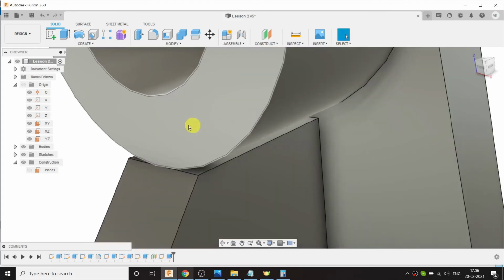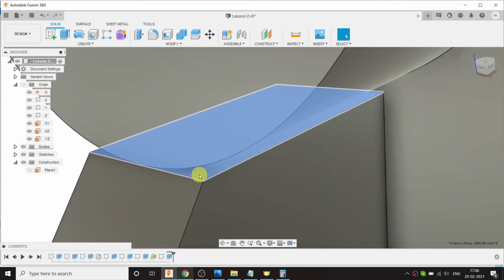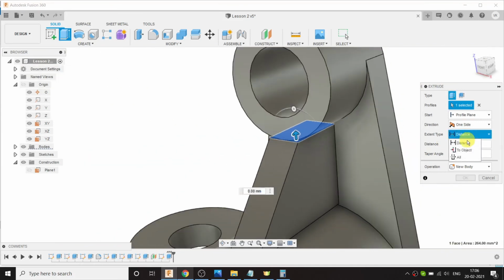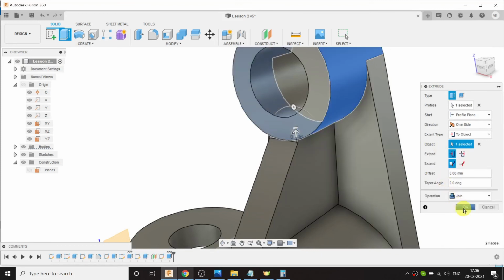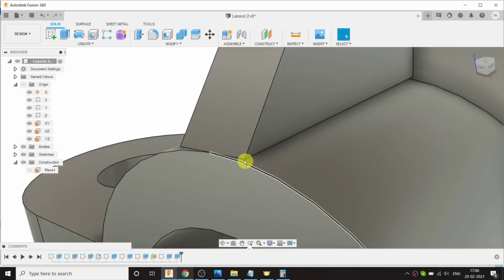Now we see some gap here which can be removed by extrude command. Select the surface and go to extrude command and choose extend type as to object. Select the surface, click OK. Similarly here also the gap can be removed by extrude command.